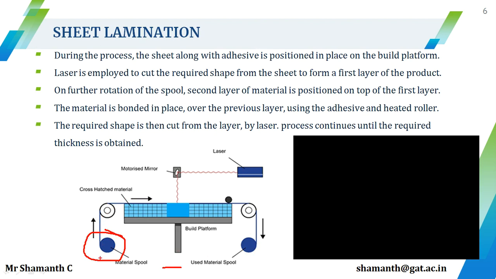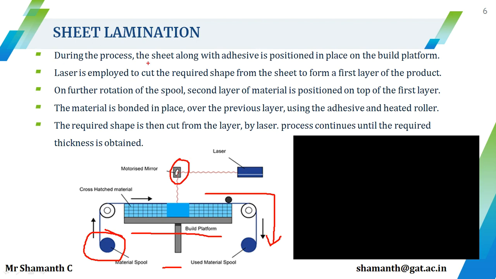You have two pulleys so that the sheet is wound over the pulley, and then it is placed on the build platform. This is the build platform here. Then you have a source supplied so that when it comes in contact with the sheet, the geometry is made to remain in that position, and the other excess material is cut or removed, and then sent back to the other material spool which winds the removed material. So that is how the process takes place. We'll see the step-by-step process of this particular technique.